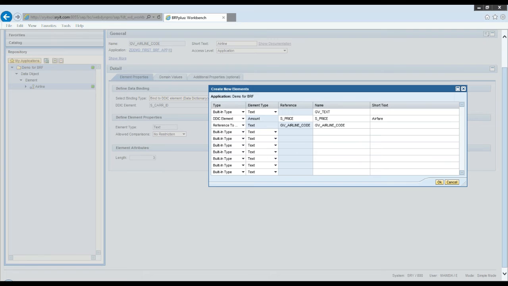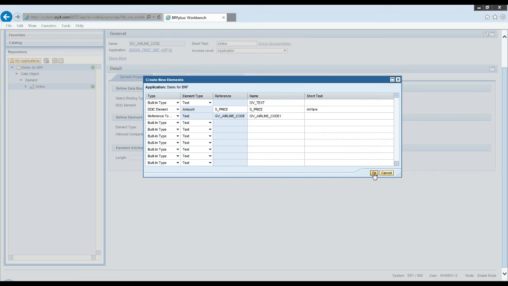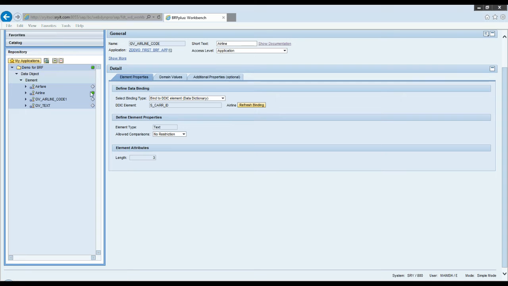So you can see GV airline code. I have created a variable. Similar to that, I want to create this variable also. So I can enter GV airline code 1. It is similar to airline code. So like that, multiple elements can be created. Click on OK. All the elements are created. You can see they are inactive right now.